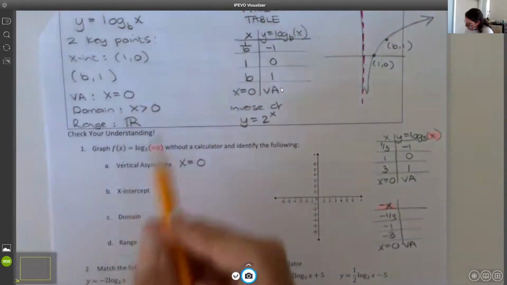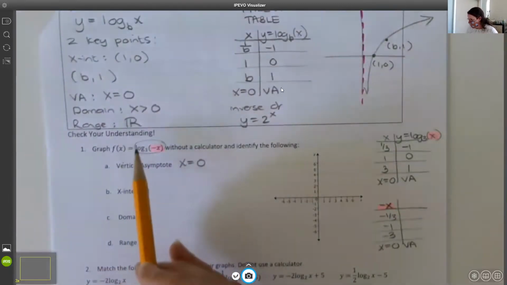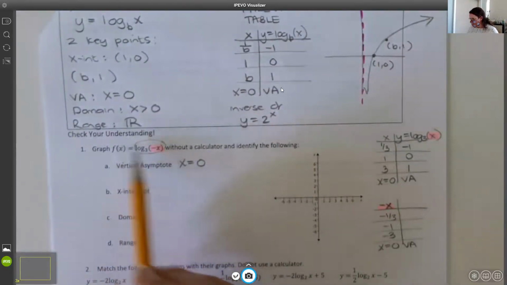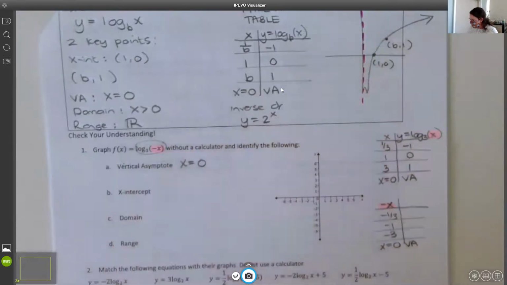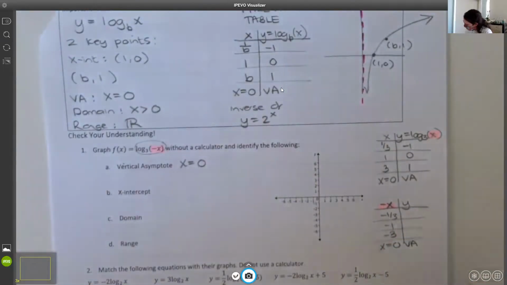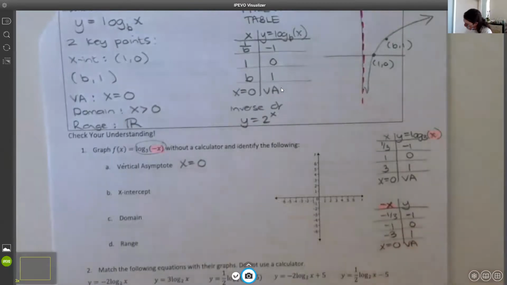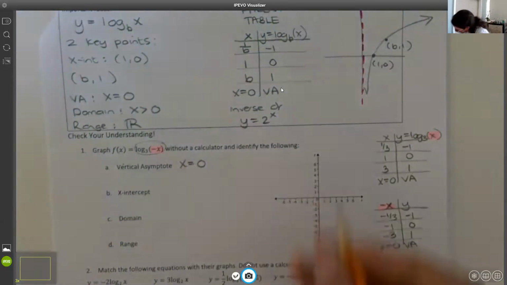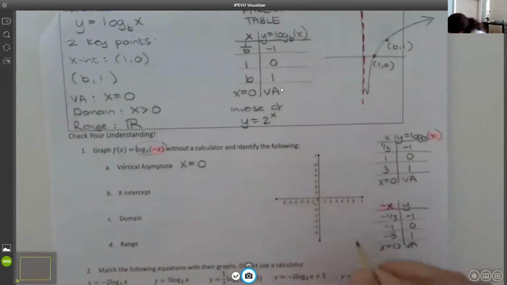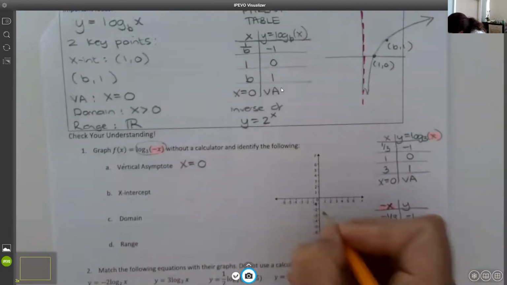And then I'm going to look at my y's. There's absolutely nothing changing about my y's. So if there was something multiplied in the front or added on beginning or end or subtracted, then I would change my y values. But in this case, nothing's changing. So I'm just going to keep my y the same. And then go ahead and plot those points. It's a little hard to get your fractions in there, but